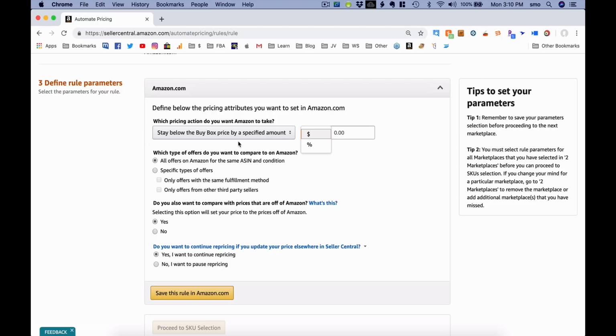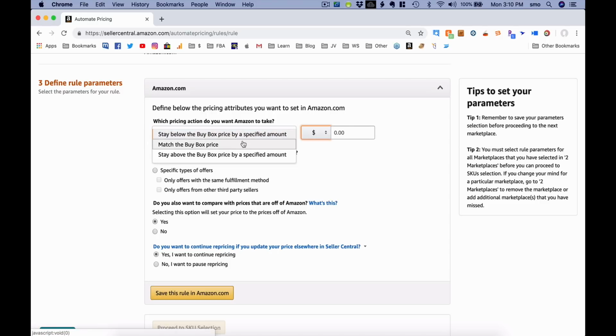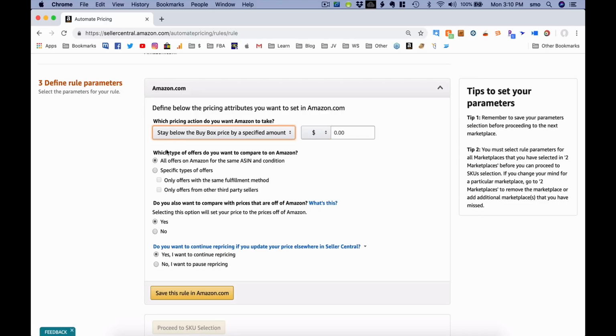So stay below the buy box by a specified amount, match the buy box, or stay above the buy box, again, by a certain dollar amount or a certain percentage. You can compete only on offers on Amazon that are the same ASIN and condition, or you can only do those that are the same fulfillment method. So if you're FBA, we'll only do FBA competitors. If you're a third-party seller, only do third-party seller,